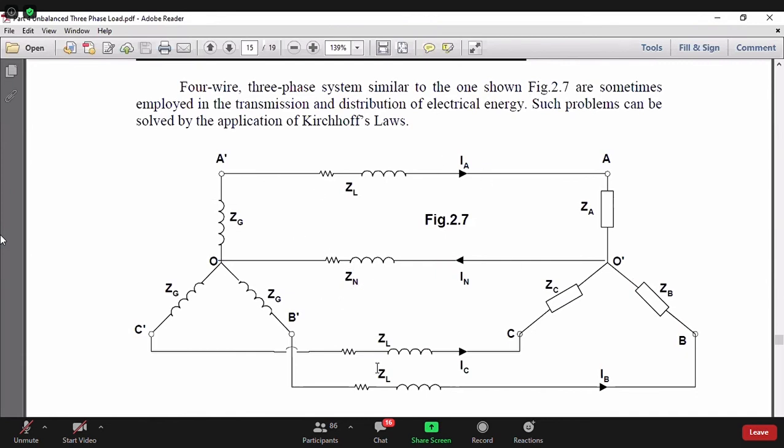So all this is now a very complicated issue. Because now the neutral points are at different potential, the two terminals are at different potential, and the impedances of the lines are all different in magnitude as well as phase. Then how do I solve it? Well, there is no theorem, nothing. Here you have to go to the very fundamental electrical, that is the basic network theorem. What is that? A very basic Kirchhoff theorem.